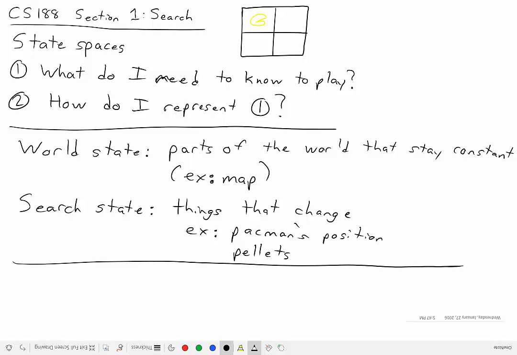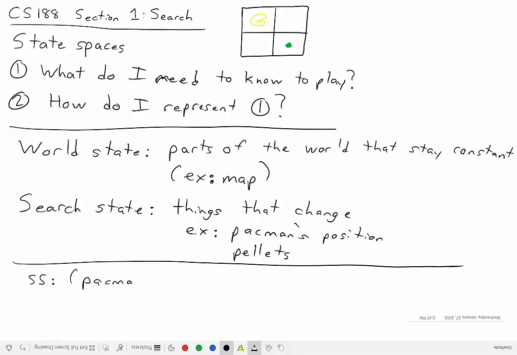So again, let's consider our example of the 2x2 Pac-Man grid at the very top, and let me also draw in a green little pellet. When you are presented with a state space question, which we'll do on the worksheet next, you'll usually be asked first, what do we need to track? What is the search state? Let's say the goal of the game is for Pac-Man to eat the pellet. Well, clearly we need to know where Pac-Man's position is. So the search state, S, will be